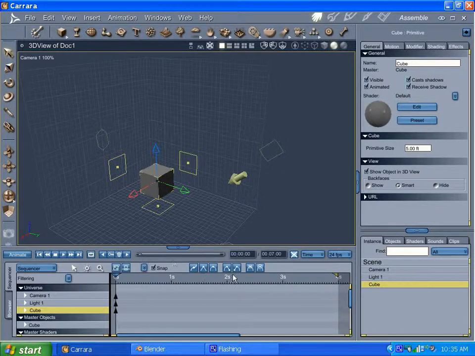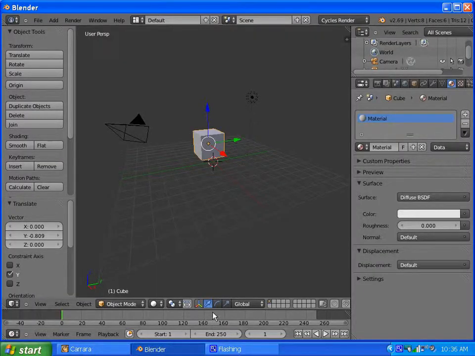Carrara has handles, I think they're on all the time, but you get different manipulators by clicking these tools over here on the far left. That's movement, that's scaling, that's rotation, and you have the global do-all tool. And Blender has a similar kind of thing where you have movement, rotation, scaling, and I think if you click that, well, I don't know if they have the do-all tool, but